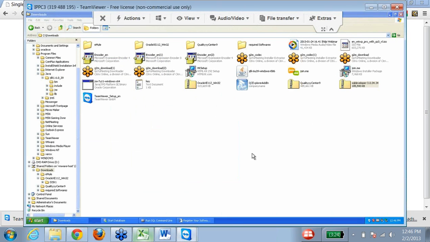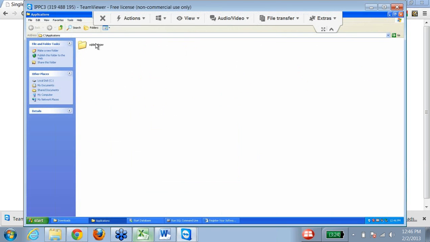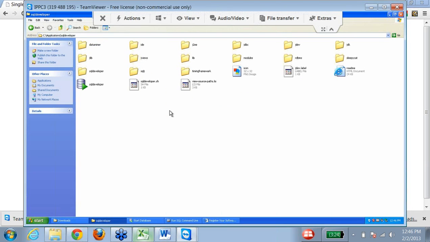Our SQL Developer is being extracted to this folder.